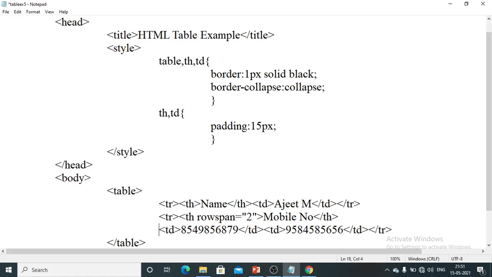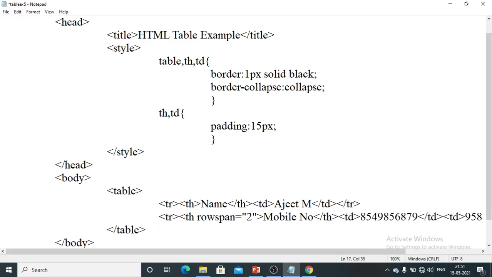Fine, don't worry, I will make this a little bit in a very good way. td, here ends my tr. This is for one row, and in the next row I'm going to take another tr, so don't get confused what I'm doing, just check out what will be the output.